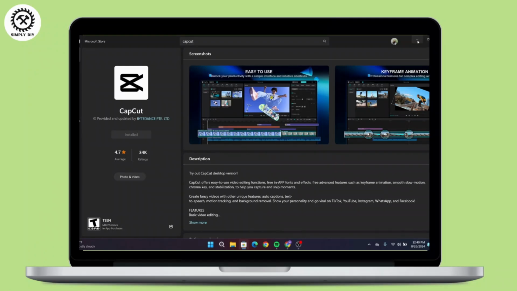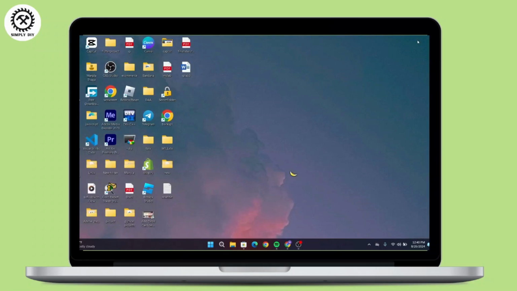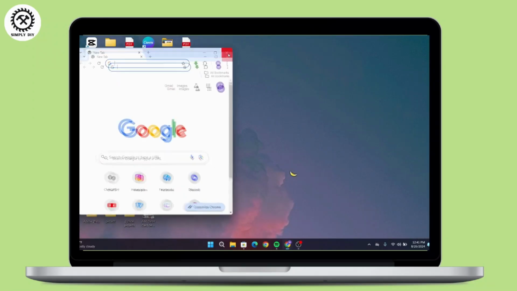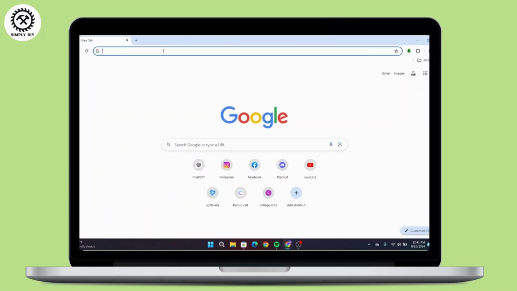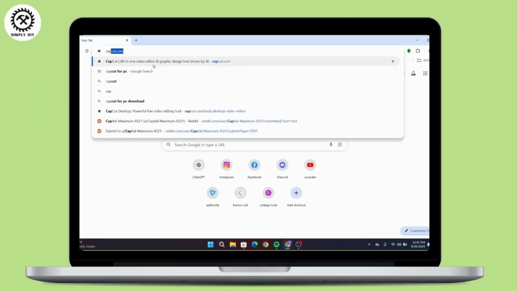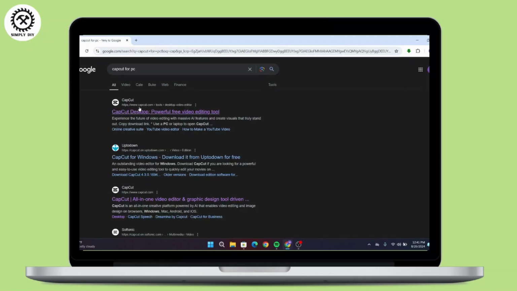But if you can't download from the Microsoft Store, then what you can do is open up any web browser in your device. And in the search URL, search for CapCut for PC. Then head over to the first link. It says